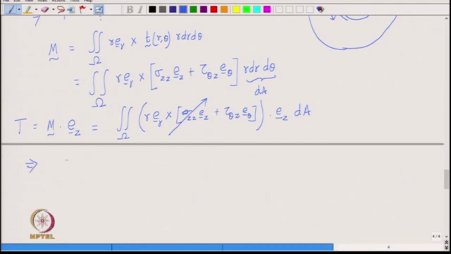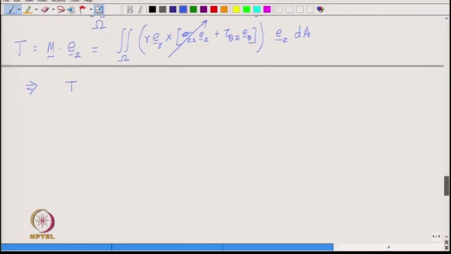So, this implies that the torque T is equal to integration over omega, and what is E r cross E theta? E r cross E theta is simply E z and dot with E z, you get 1. So, torque T then becomes r into tau theta z into dA. So, that is the torque. So, torque comes due to tau theta z,